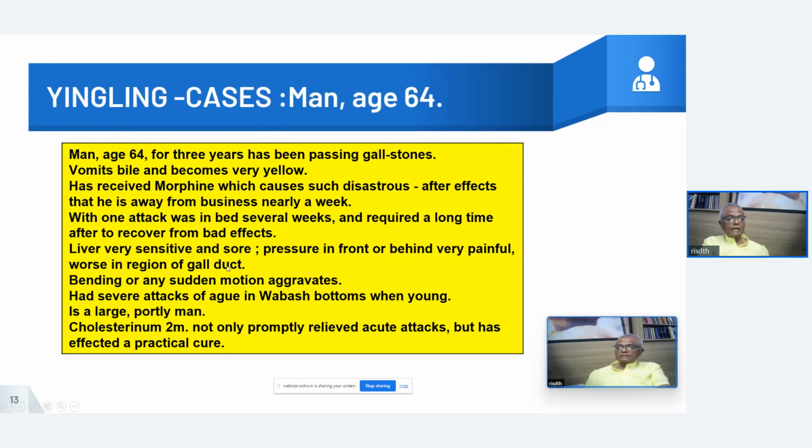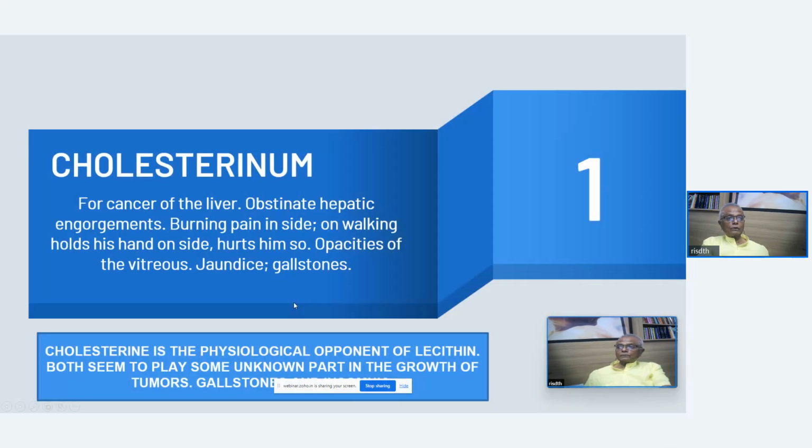Liver very sensitive and sore, pressing in front or behind very painful, worse in the region of the gall duct. Bending over or sudden motions aggravate. This is also sudden motion aggravating, that is the jarring phase. Had a severe attack. He is a large, portly man. Cholesterinum 2x and 200 not only promptly relieved the acute attack, but also effected a radical cure. So Cholesterinum